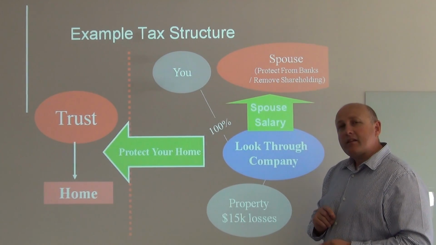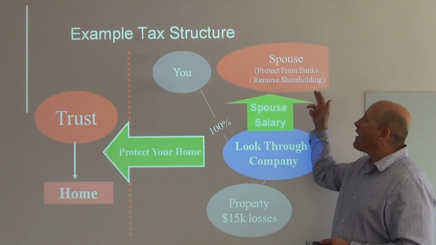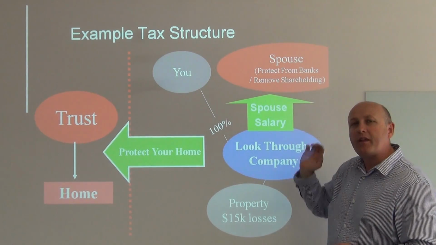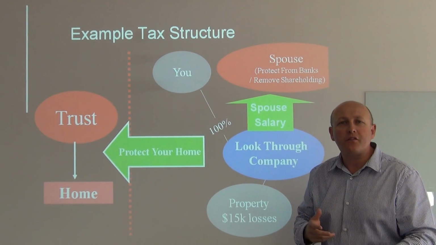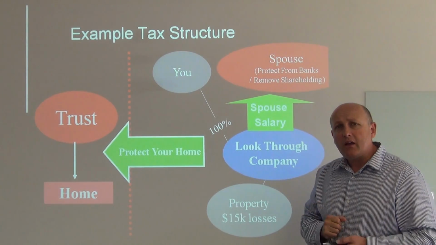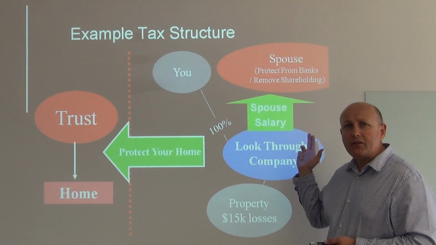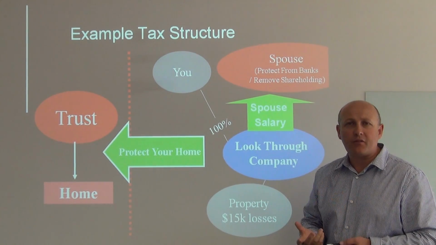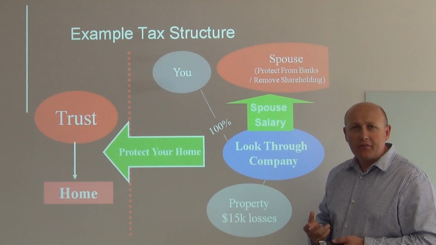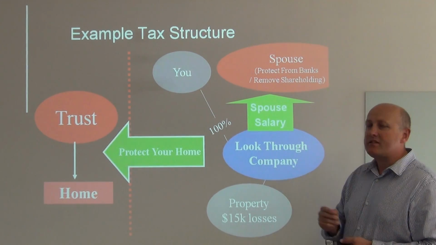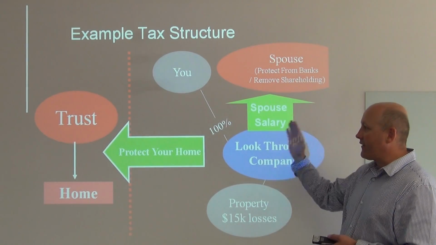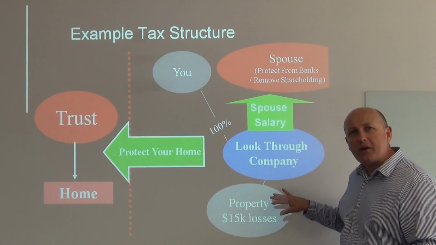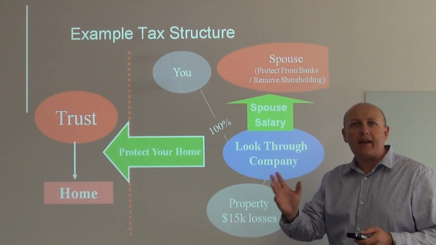Last comment, some people could very well be concerned that if they are the non-earning homemaker spouse and the shares of the company are not in their name, that they could be taken advantage of if there was a divorce or separation. And what's key to understand there is just because the assets are in your partner's name doesn't mean that they are separate from the relationship. And typically, if you did have a divorce situation and you had the shares in one of your names to take advantage of the structure and you ended up in a divorce situation, you would simply caveat the titles of the property as the other spouse and stop the